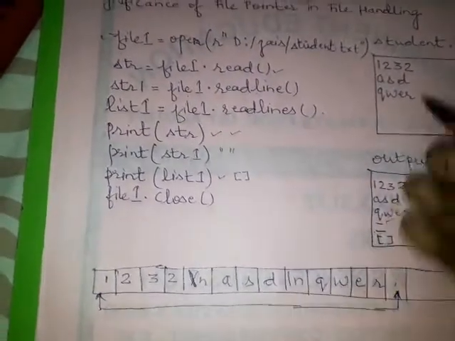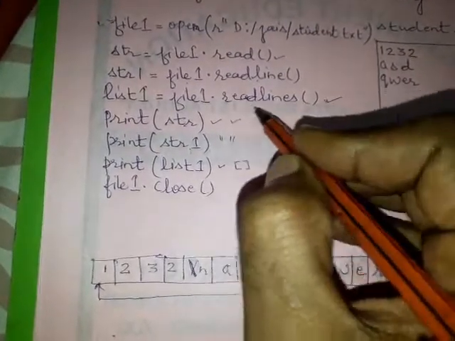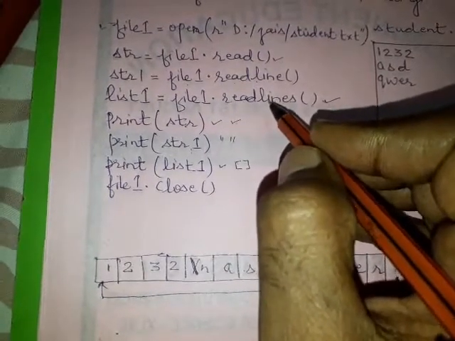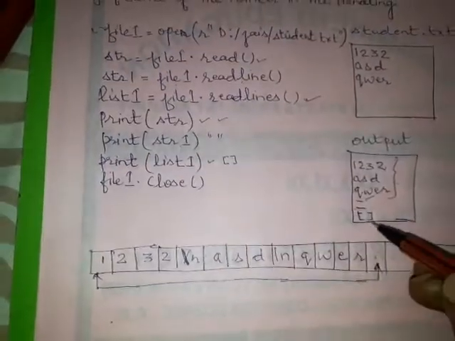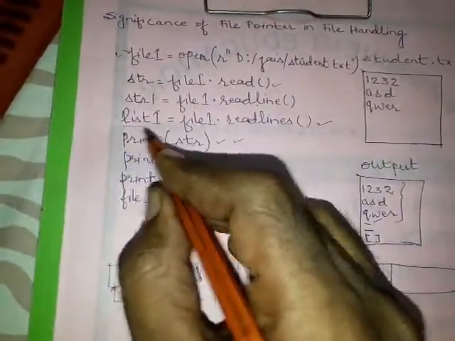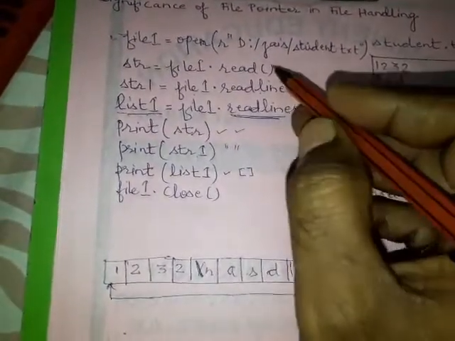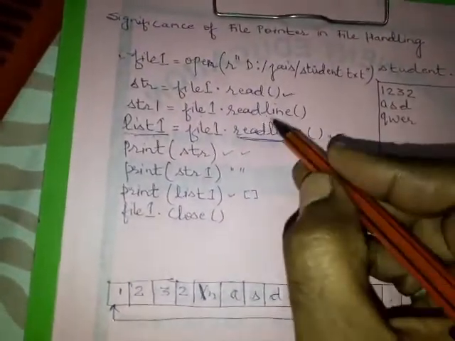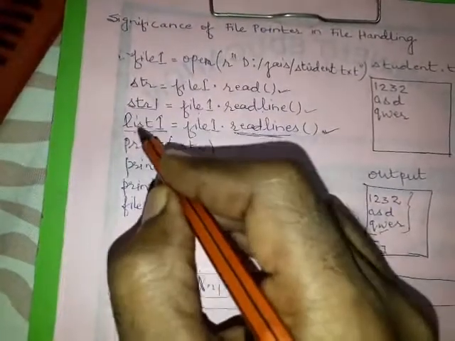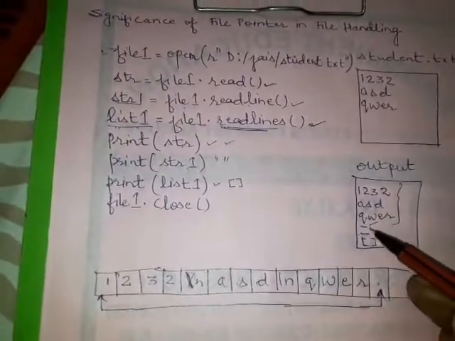Now this read lines will return a list type argument. Okay, so it will return a list. It will also get an empty list. An empty list will be printed at the last because this list one is going to be copied here, and it will return an empty list. So this read function will return all the content of the file, and both these variables will hold empty values, so they will print empty values.